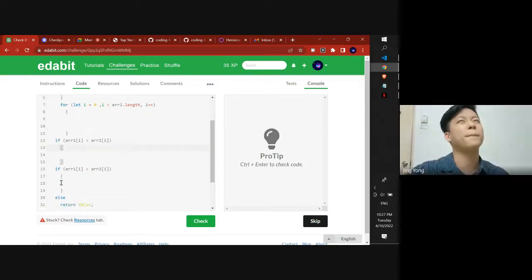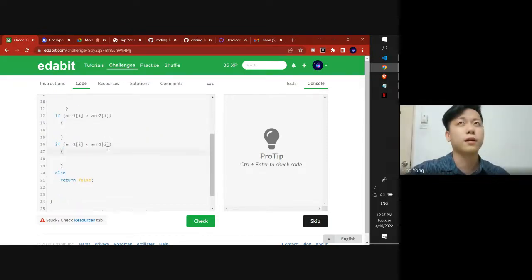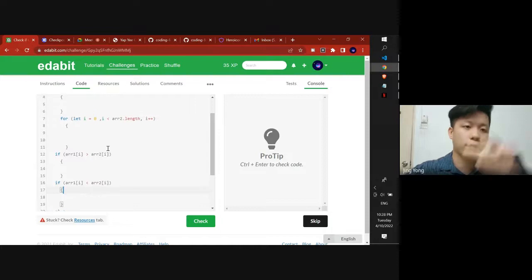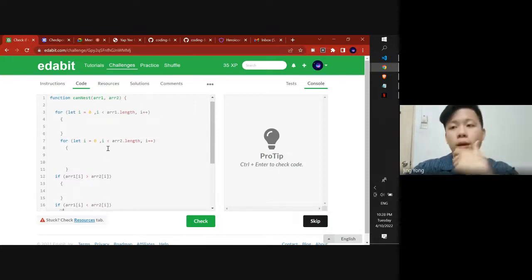Okay. You will end up with, okay. The problem with that nested method is that if let's say your first loop is running 4 times, your second loop,